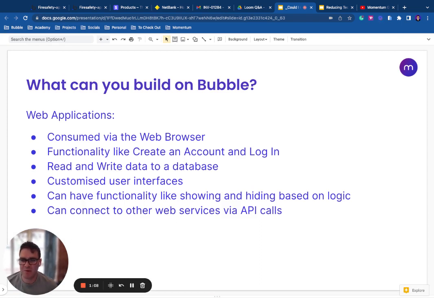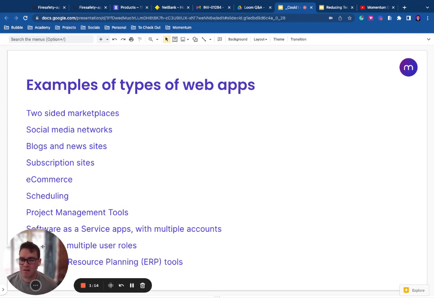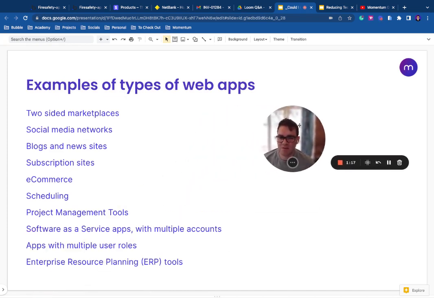It's something where you can build a web application, which is a web platform that can be very customized and very powerful. What are some examples of web apps that you would come in contact with every day? Well, here are some that come to mind. Marketplace apps, social media networks, blogs and news sites, subscription sites, e-commerce, scheduling tools, project management tools, software as a